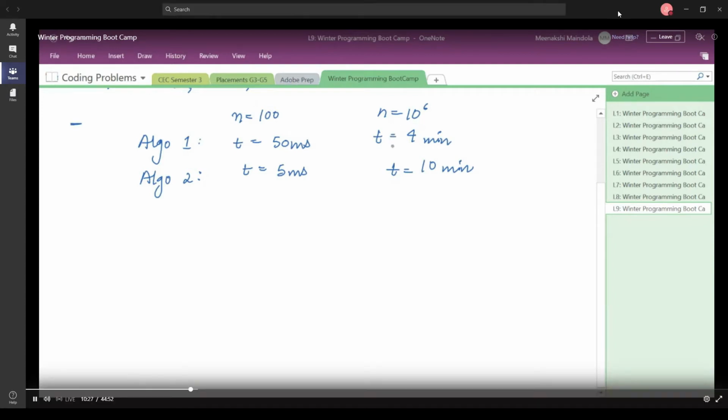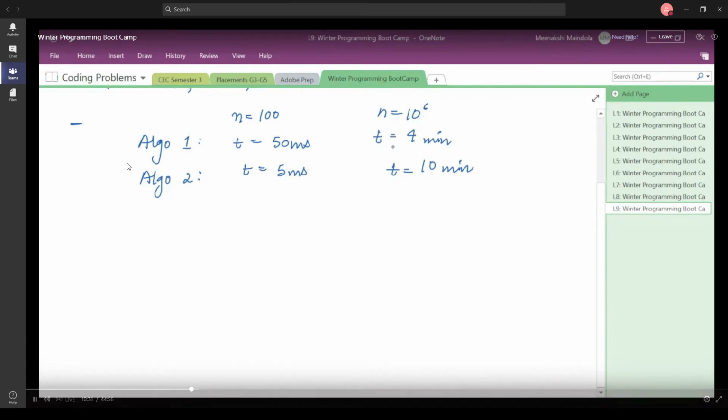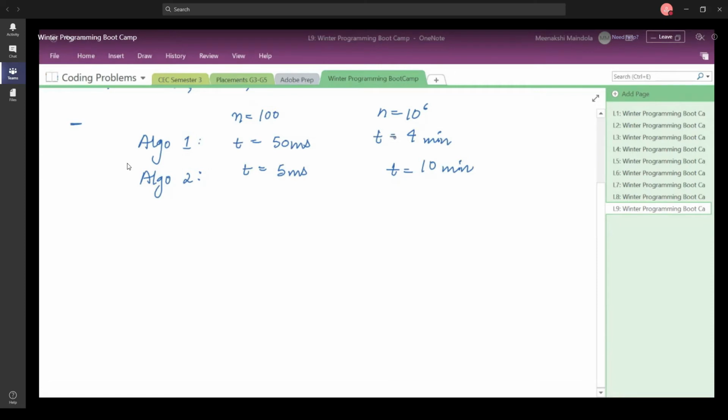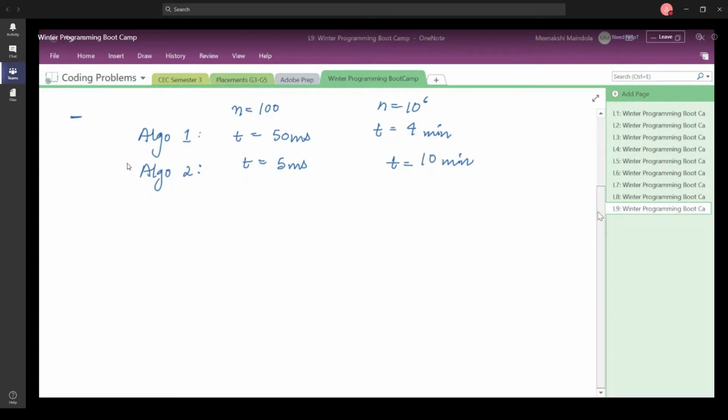For very large input, if an algorithm is working in less time as compared to another algorithm, then we say that algorithm 1, if it is working in less time, is better. Right. So this is something that we wanted to look into.